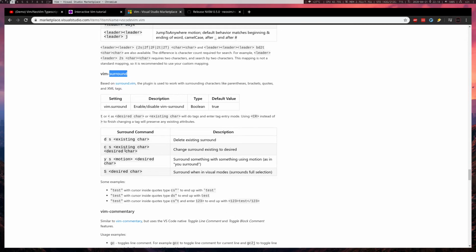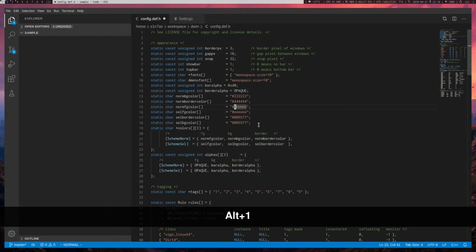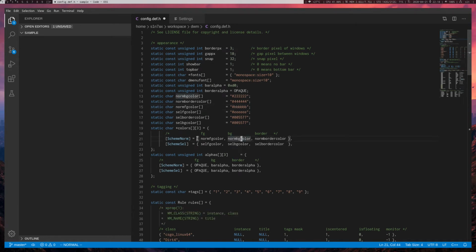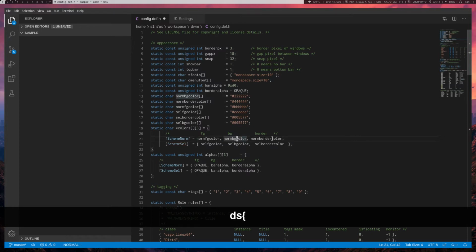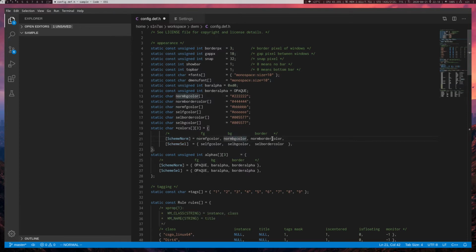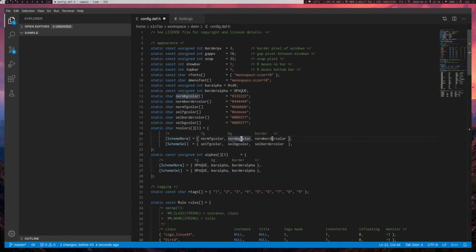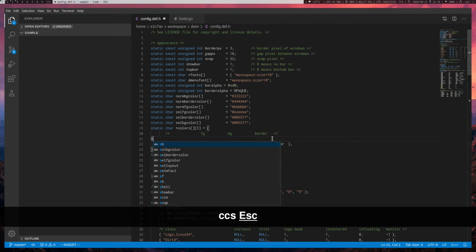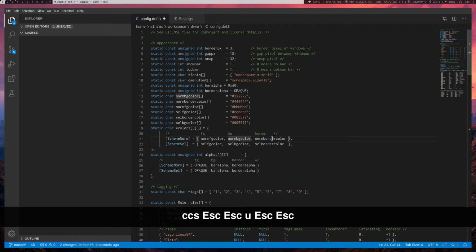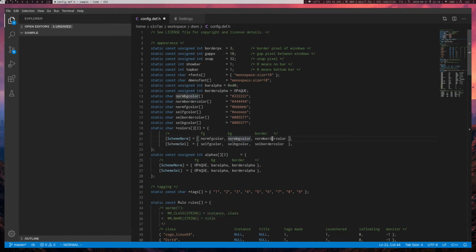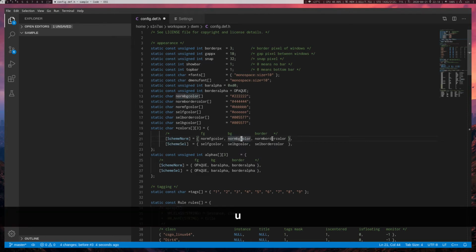Again, you got few key binds, ds to delete existing surround whatever. For example, I will remove these curly braces, ds open curly brace, that will remove the curly brace, like that. I can change it to square bracket, cs open curly bracket, then a square bracket, that will replace it with a square bracket. Okay,